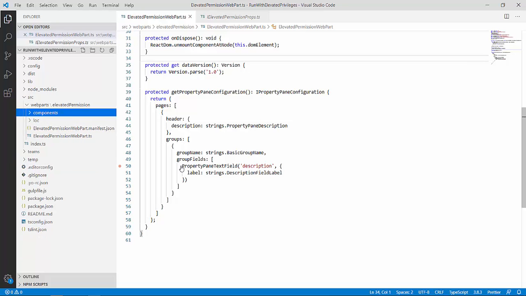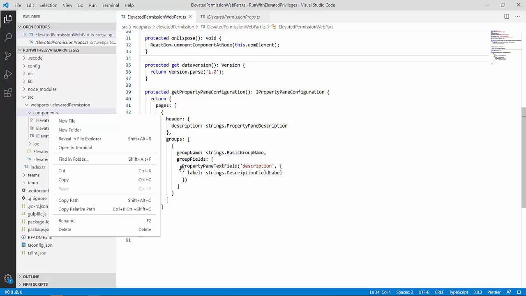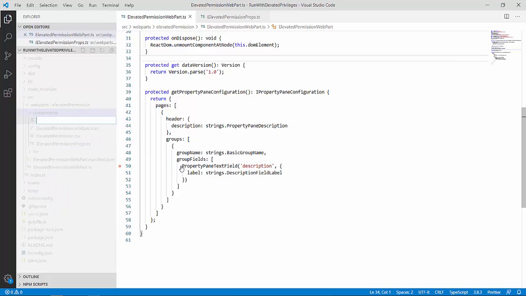This is my component. So inside this I will be creating my state interface. Why we need properties and state in React SPFX, I've explained in my previous video, that is handle large list using SPFX. If you are not aware about that, you can go back to my old video and go through it. I will share the link in the description box. So for now I will directly create the state interface.